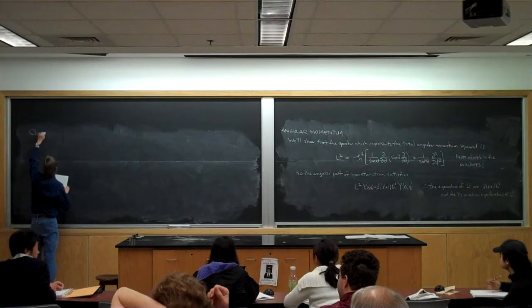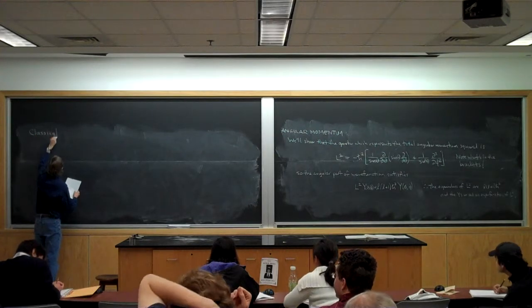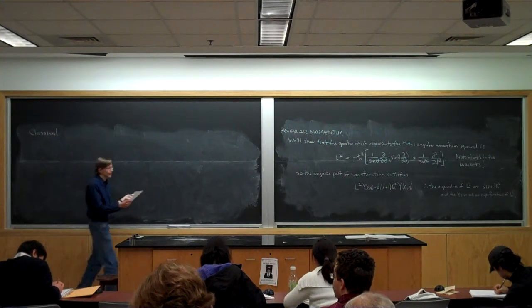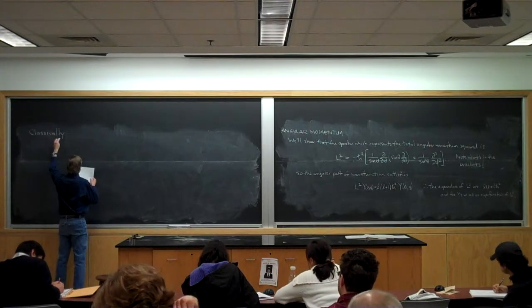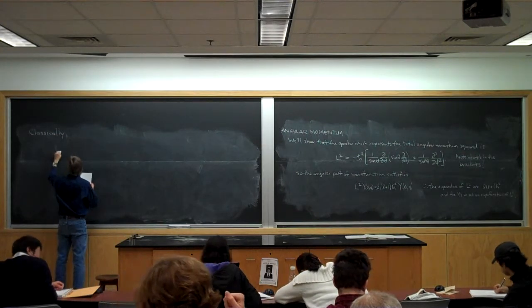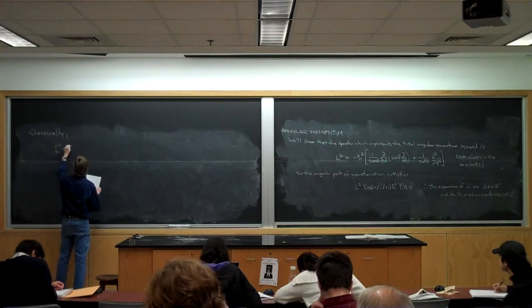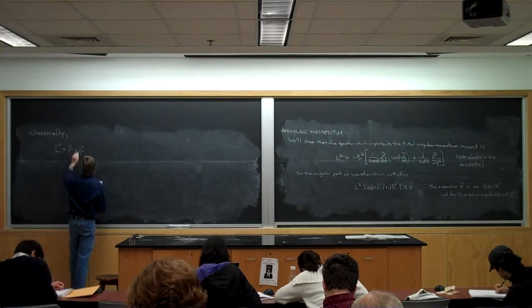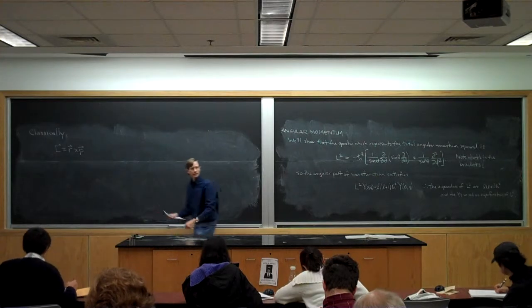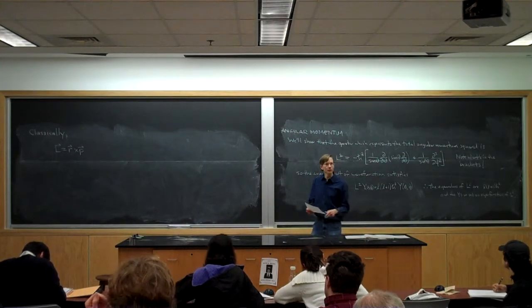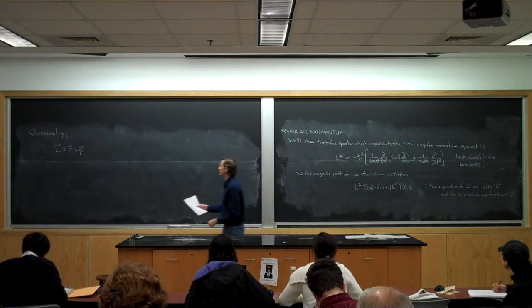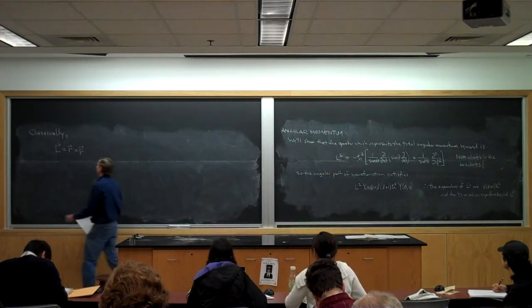Now our job is to figure out what L is. What are the allowed values of L? We're going to do that, but it's going to take a while. So classically, L is R cross P, right? With respect to some origin, the angular momentum vector is the position vector cross the momentum vector. It's origin dependent, but given an origin,